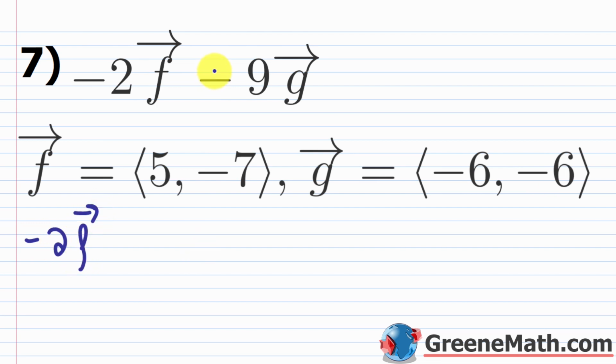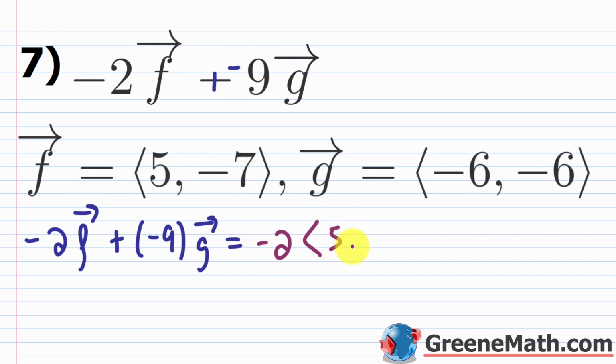And then what I'm going to do is put this as plus negative. I just think it makes it a little bit easier. So I'm going to go plus, and then you could wrap this in parentheses if you want for clarity. So plus negative 9 times your vector g. So to set this up, let's go ahead and say that we have negative 2 out in front of this